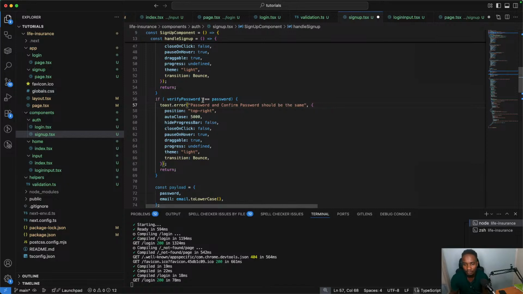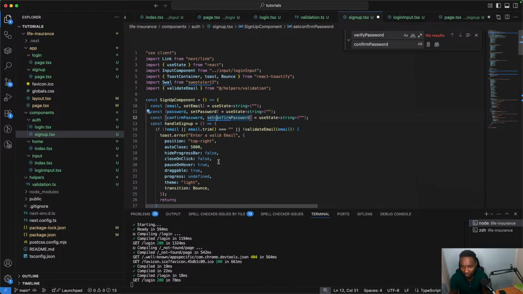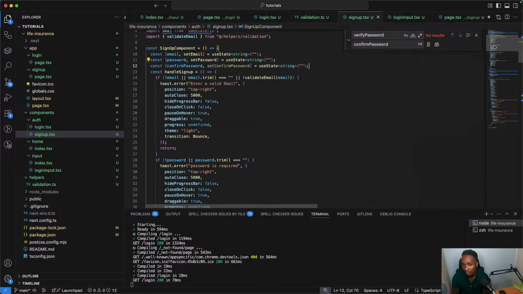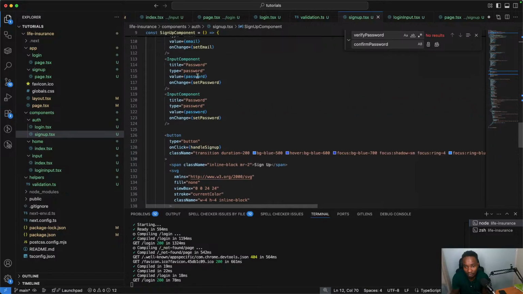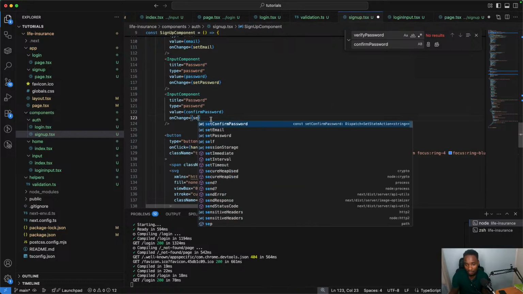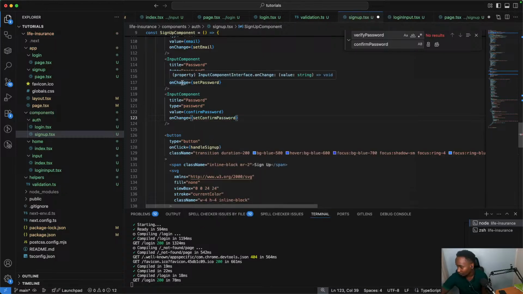So what I'll do is just find this, then change it to, just for easy understanding, like that. Here, keep the camel casing, just change that. Then down here we duplicated the password component. What you need to do is confirm password, set confirm password. If I'm going too fast, also let me know. Okay, then the title is